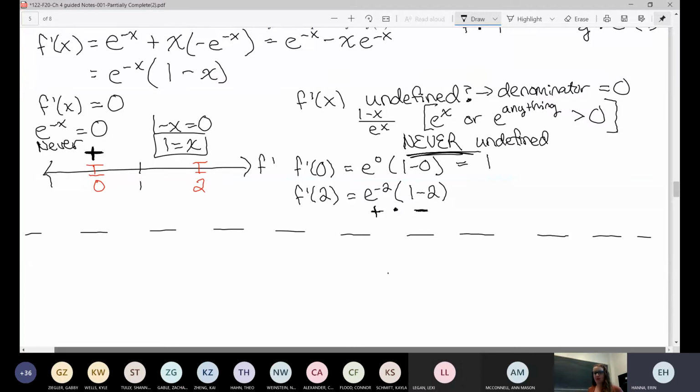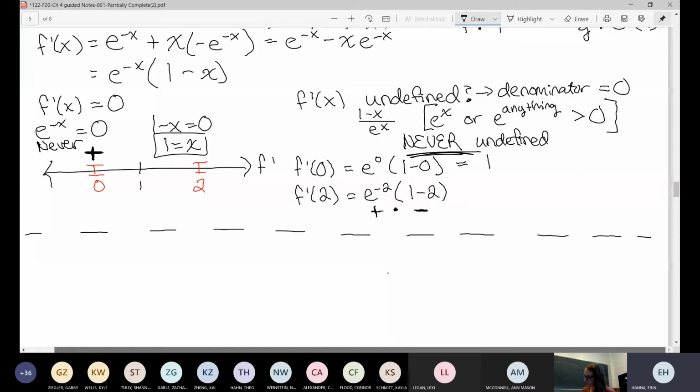But when we plug in 2, we'll get e to the negative second times 1 minus 2. So I'll try to slow down a little bit, but also keep talking about it. So we have essentially a positive number since e to the anything is positive. And then 1 minus 2 would give you negative 1. So that will be a negative number. So you don't necessarily need to figure out the number. But if you are curious what the number is,